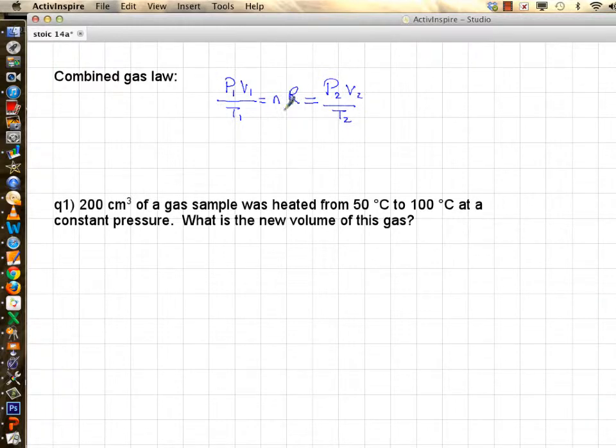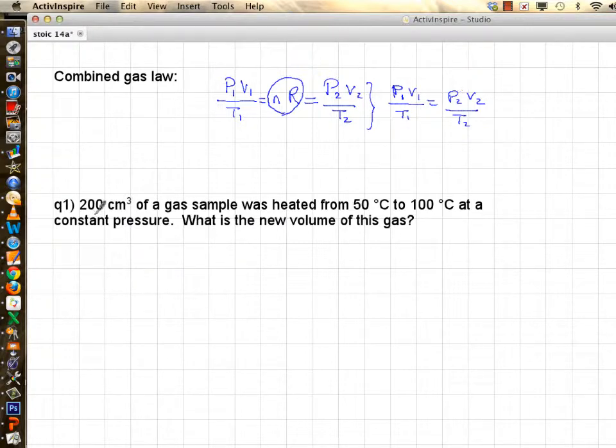But since number of moles is not changing and R is the gas constant, this equation, just like the dilution problem, becomes really nice and really useful. P1V1 over T1 equals P2V2 over T2. Subscript 2 is describing a later time, or after, and subscript 1 is before any changes that you introduce to that